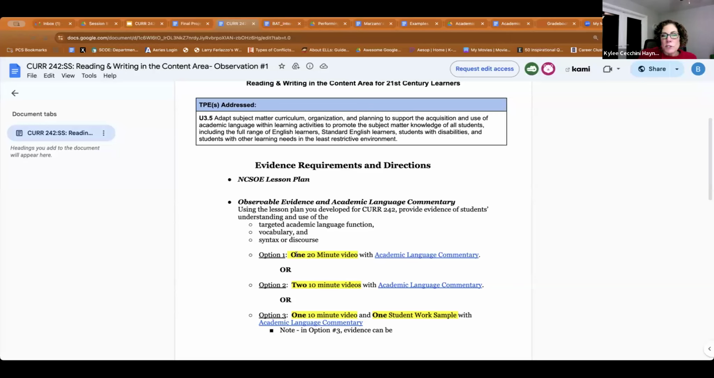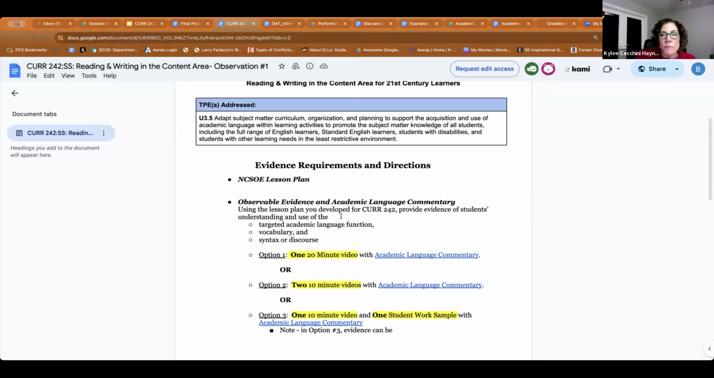The first option is one 20-minute video, where in that video you are providing evidence of students' understanding and use. Now, let me say this about understanding. They might not understand it. It might be a disaster. That's okay. We're not saying they have to understand it and have a full command of it. But what your field supervisor wants to see in this video